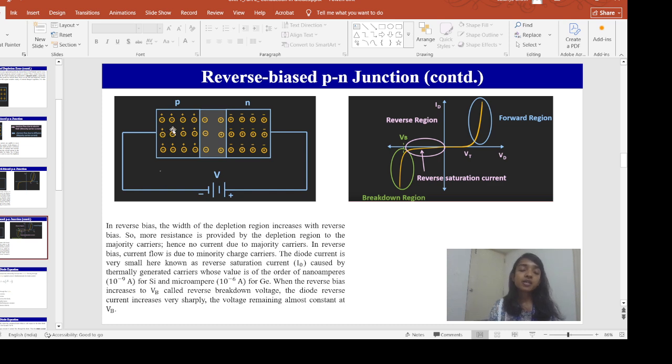Now this P side is connected to the negative terminal of the battery and N side is connected to the positive terminal of the battery, because it is reverse biased. Now let's see what is the direction of the electric field. In the depletion region, electric field direction will remain as it is, right to left, and due